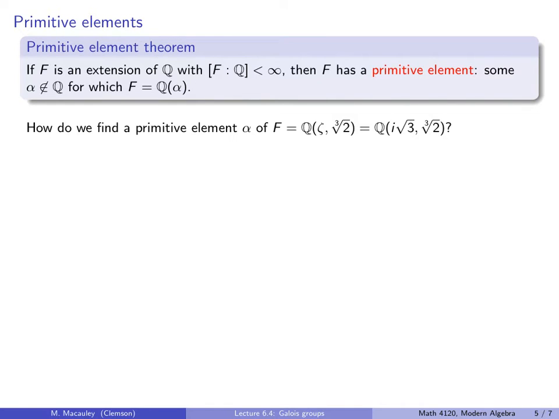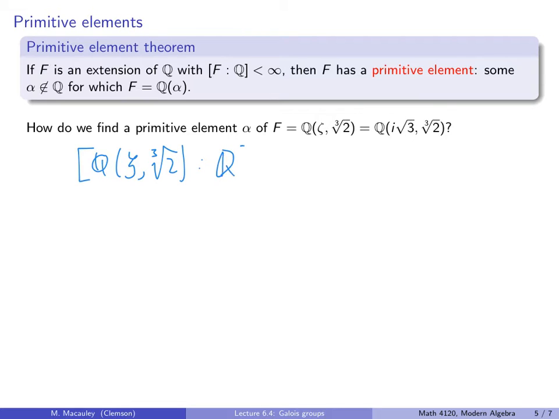Let's do an example to make sure that we fully understand this concept and what it's saying. So I want to ask, how do we find a primitive element alpha of the following field extension? That is Q adjoined zeta and the cube root of 2. So we know that this field extension, Q adjoined zeta and the cube root of 2, has degree